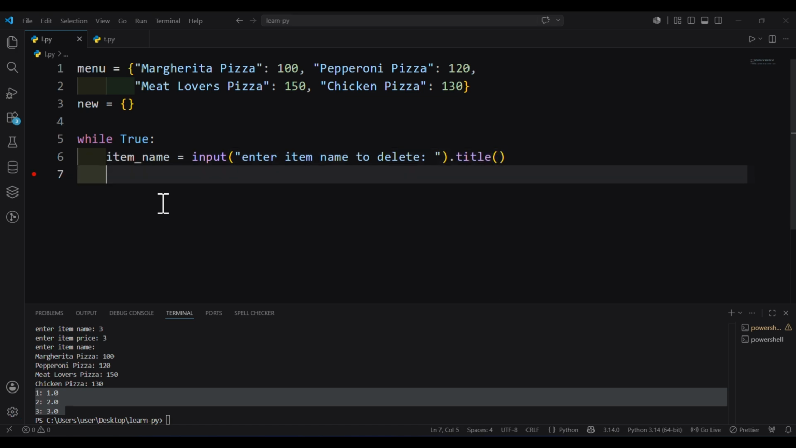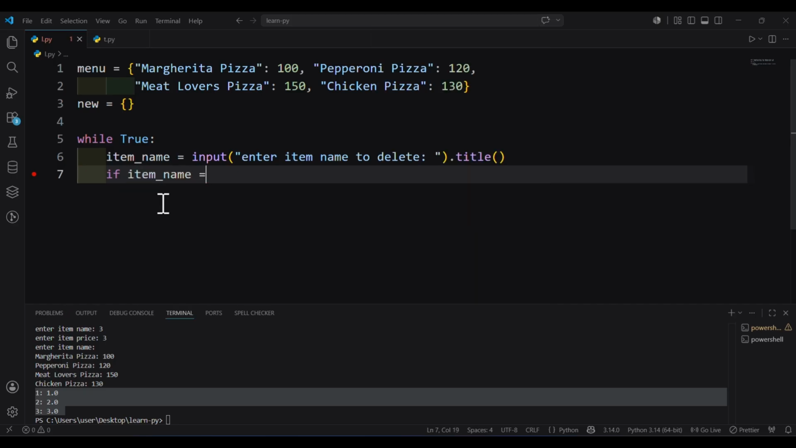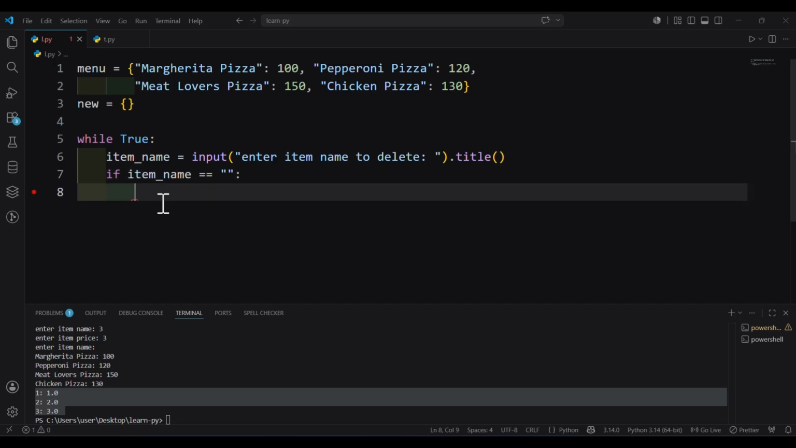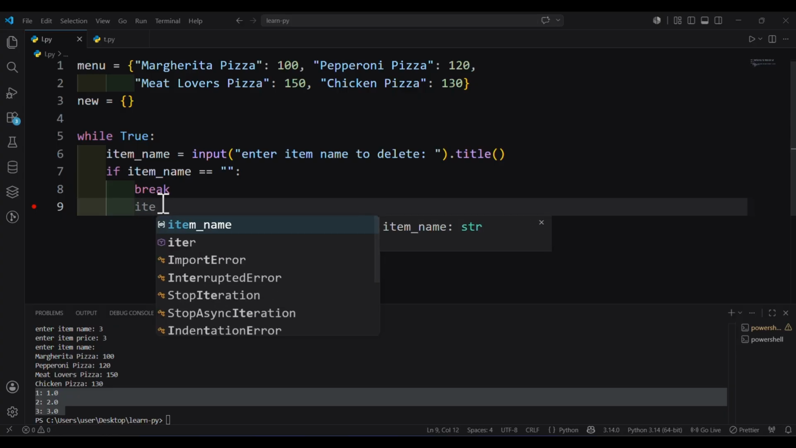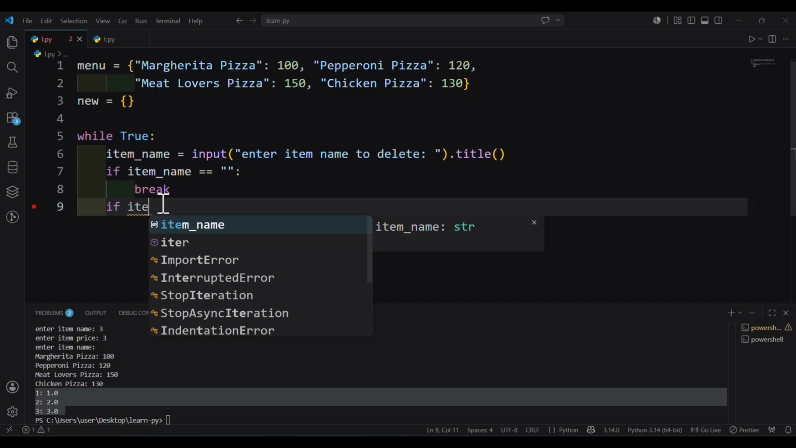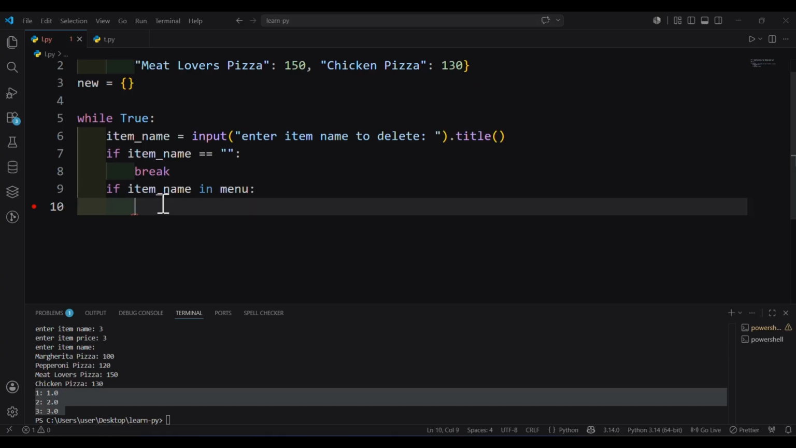If item name is equal empty, if it's empty, make break. If item name in menu, so sure is equal input, are you sure,